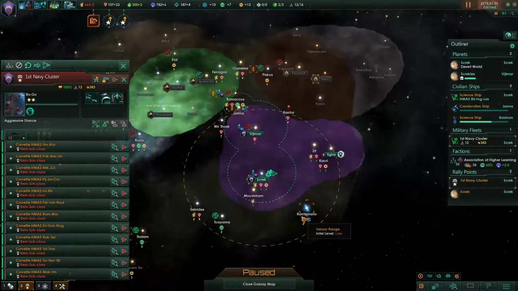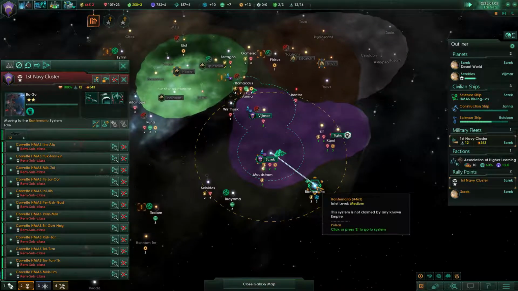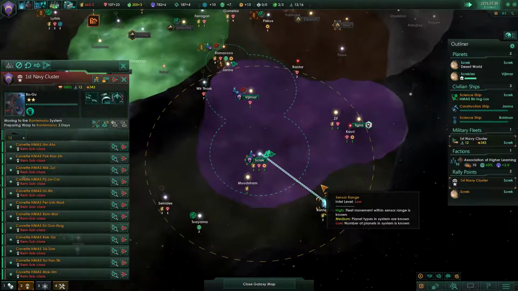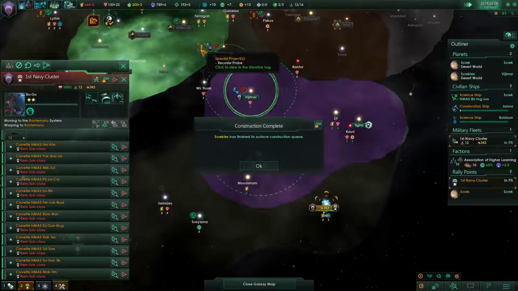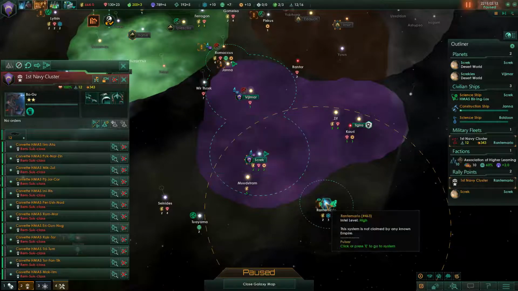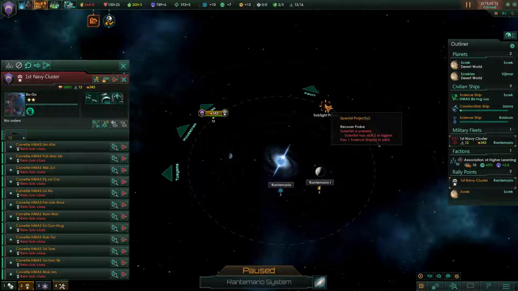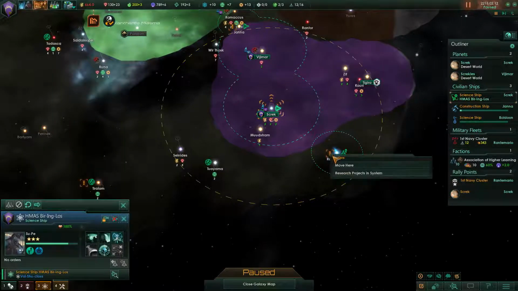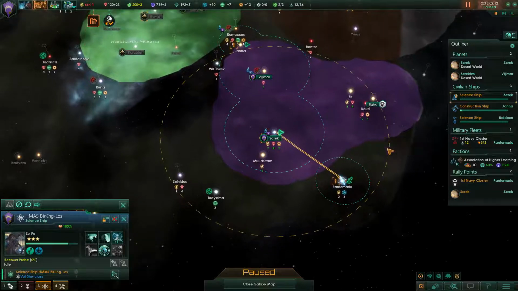Now I think what we're going to do is use our people to check out this. Is that the final one to look at? I think it is the final one to check out. Actually no, we have to recover the probe up there as well, and recover the probe down here. That is a simple mission though. So we'll send our science ship out, take care of you, and